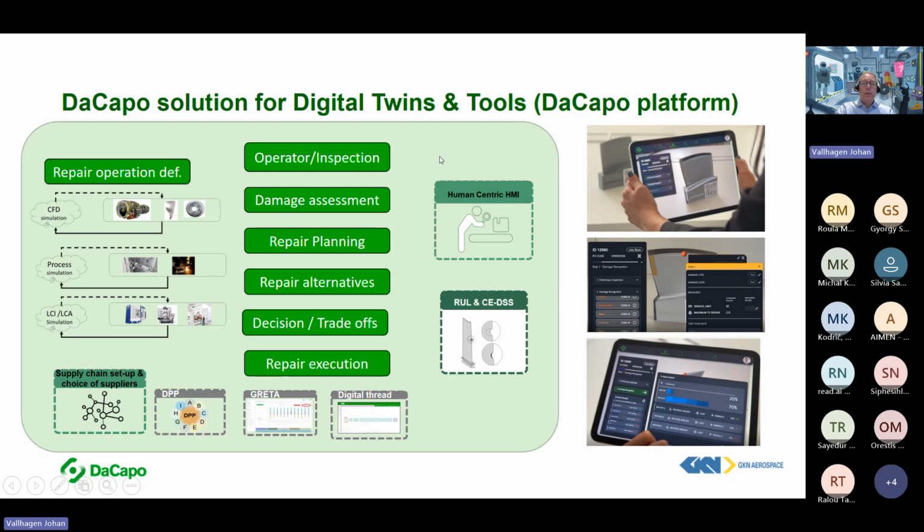But we also have elements of visualization and decision support, which will be quite important. So when this part comes to our shops, we need to do an inspection and a damage assessment of it. To do it manually, as it's done today, we have very highly skilled and trained operators, but for the future we see good opportunities to introduce more and more automated visual inspection with AI analysis of the images.